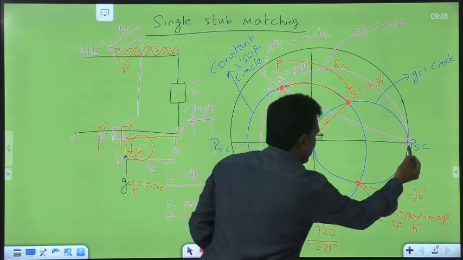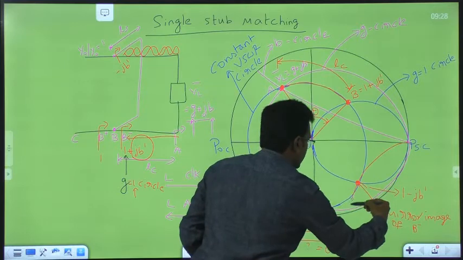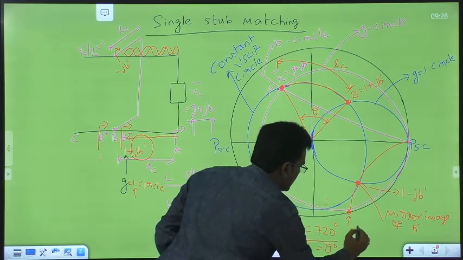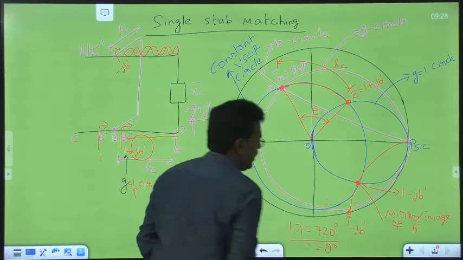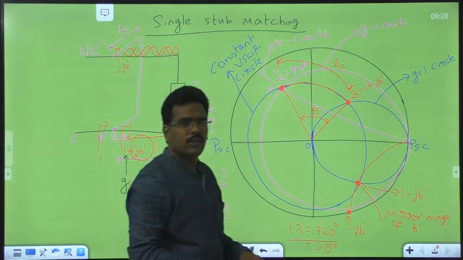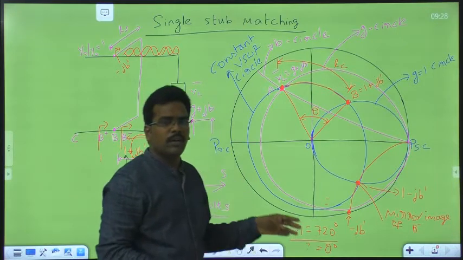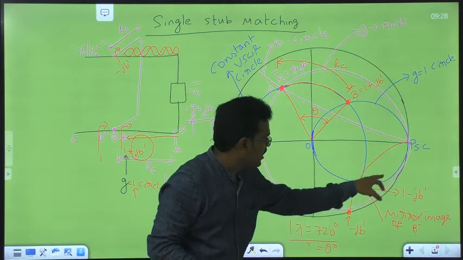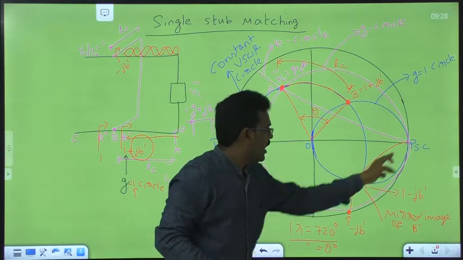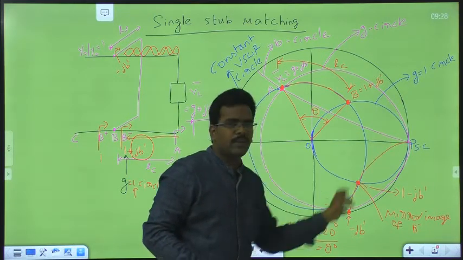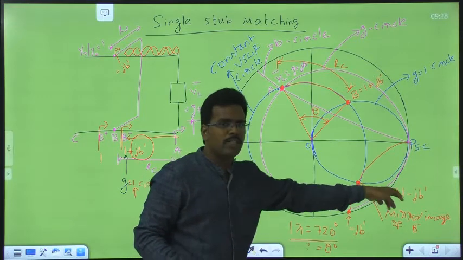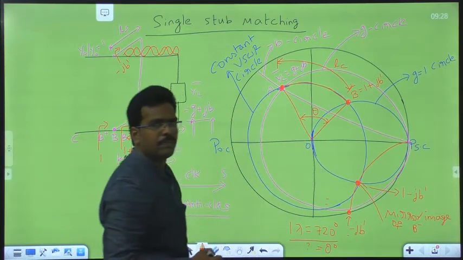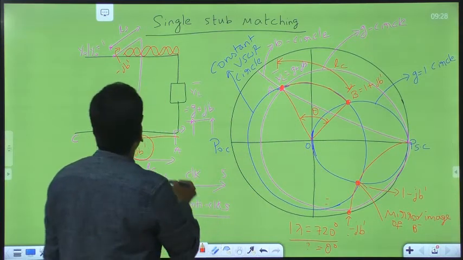So you can see one circle that is passing through this point. So this is called minus jB dash. Right? What is admittance? Admittance means the intersection of the conductance circle and the susceptance circle. So this is the G is equal to one circle and this is the minus jB dash circle. So the superimposition of these two gives 1 minus jB dash. Therefore, this is nothing but your minus jB dash point. Okay. So here we see that.